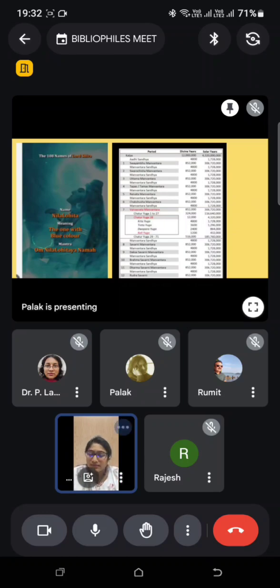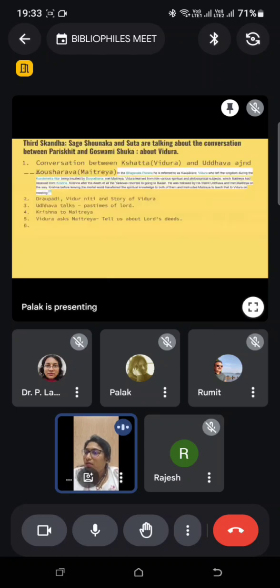So Maitreya is talking about now Diti. So Diti is Daksha's daughter. So Daksha's 12 daughters are married to Kashyap Rishi, who is Marichi's son. So we know that Brahmaji's son is Marichi, and Marichi's son is Kashyap Muni. So Kashyap is being married to Daksha Prajapati's 12 daughters. So among them, Diti is also there. Sati is not married to Kashyap, but I'm talking about that.